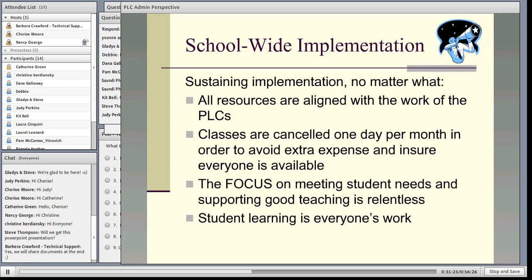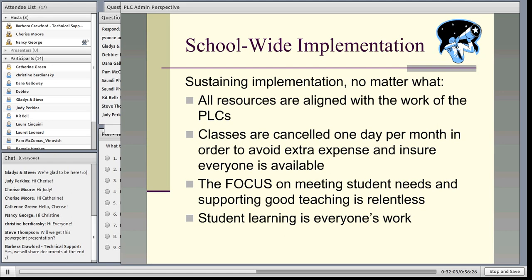Every decision we made, we asked ourselves, what's the impact on student learning? And what I found was that it really took a lot of the emotion for everybody out of those difficult budget decisions, because there wasn't anybody at the school that didn't agree with and weren't committed to the idea that we need to meet the needs of the students. And it was really my role as the administrator here to keep championing that focus, that clear focus.